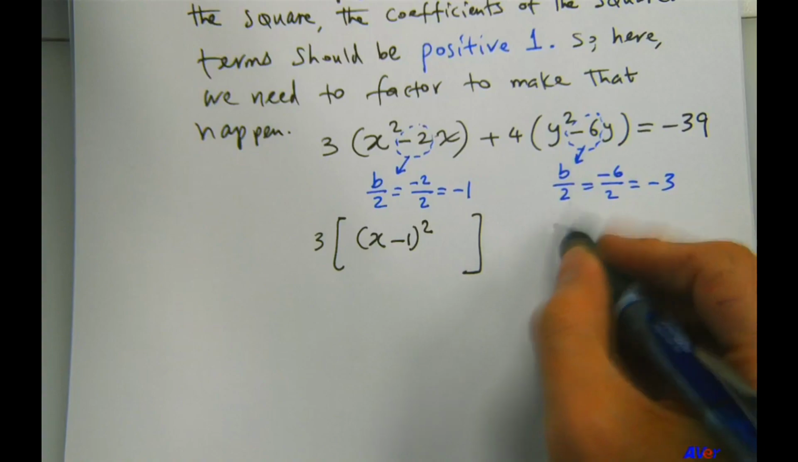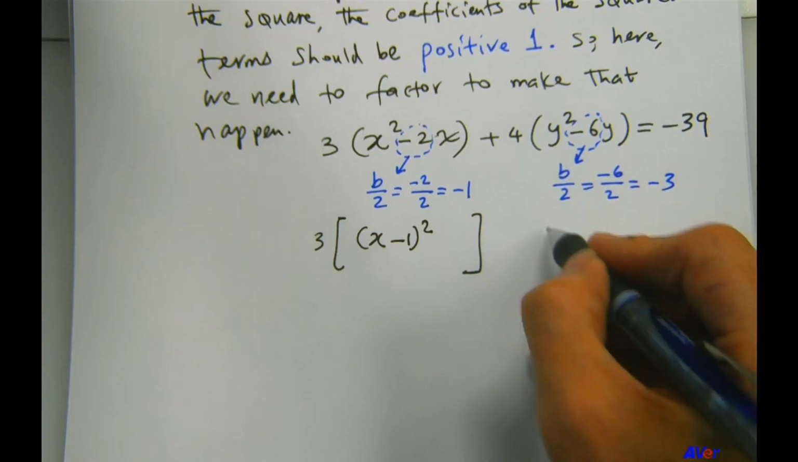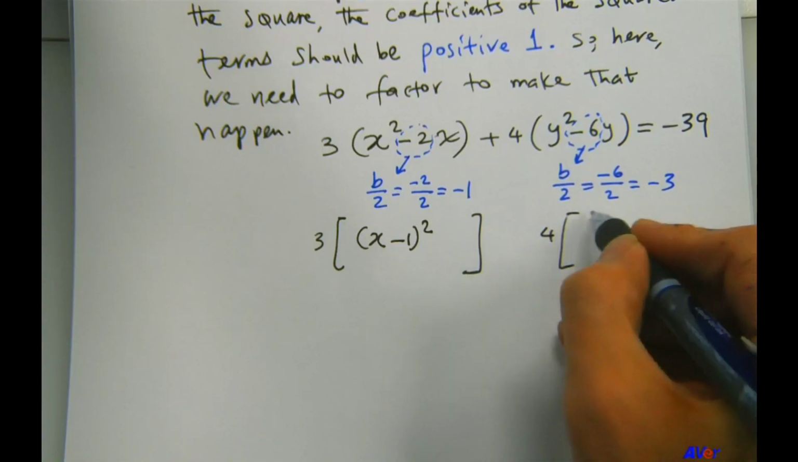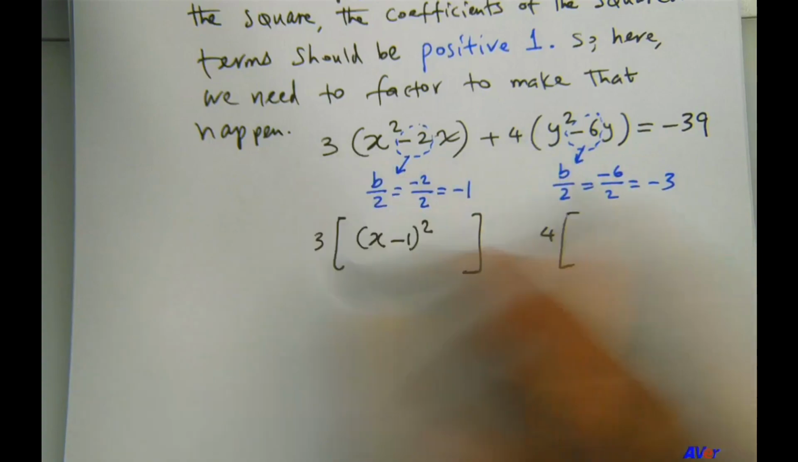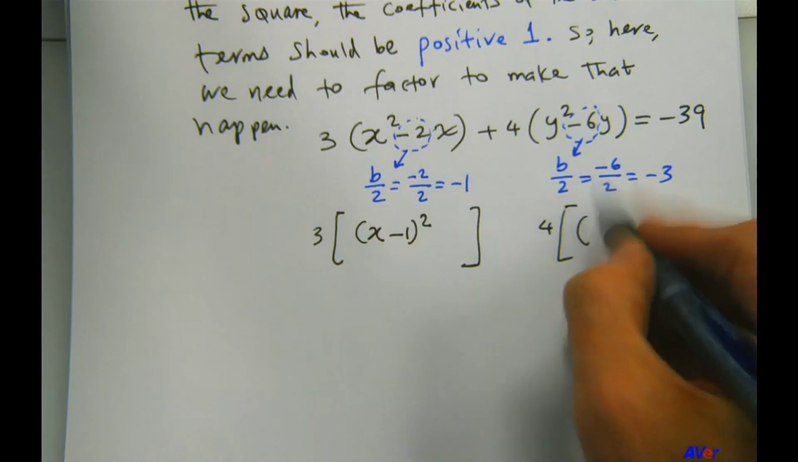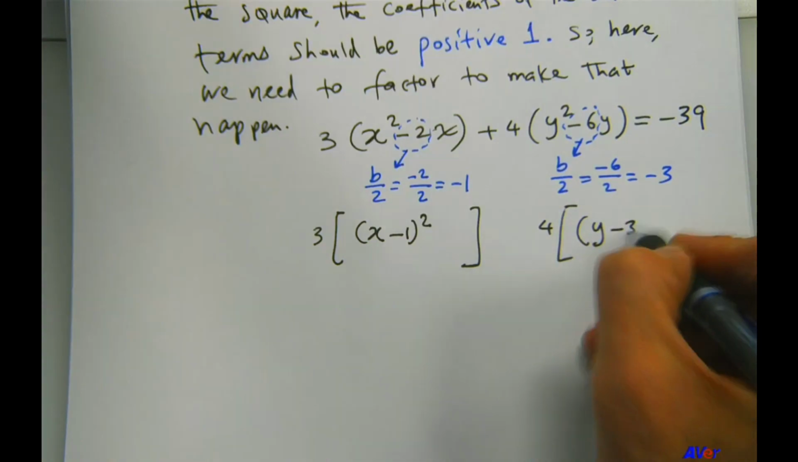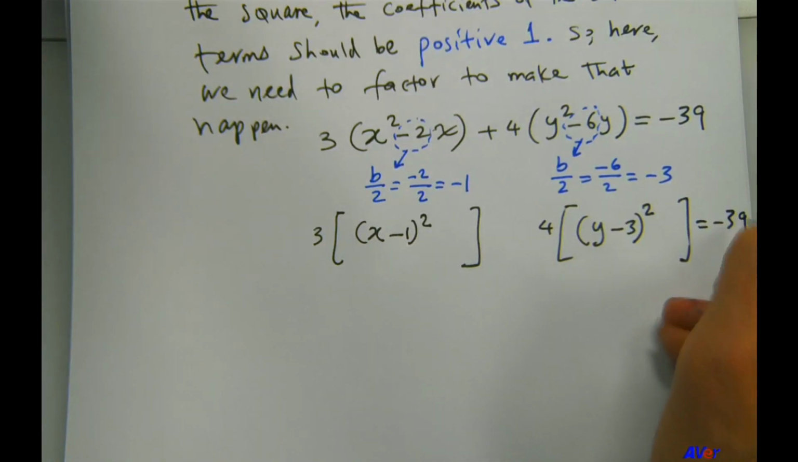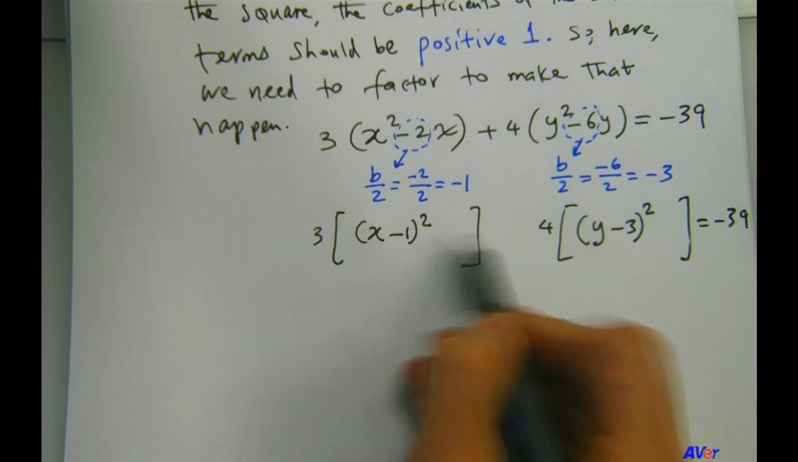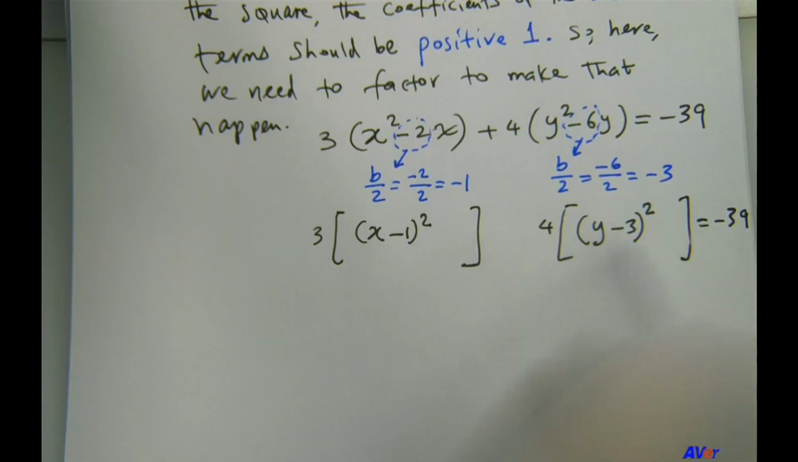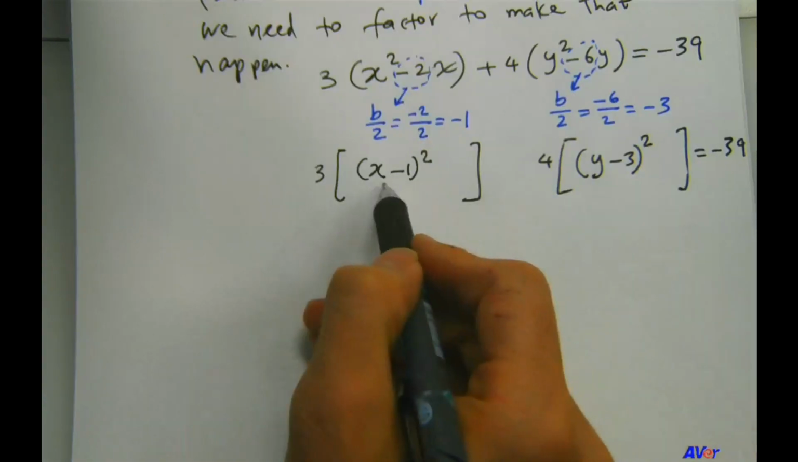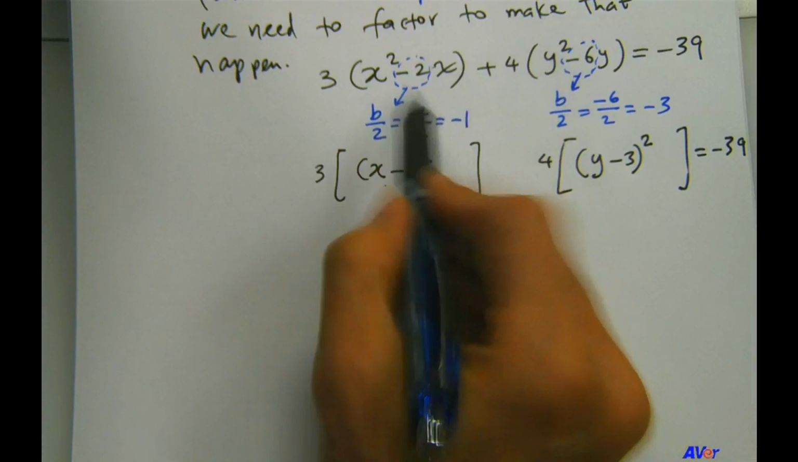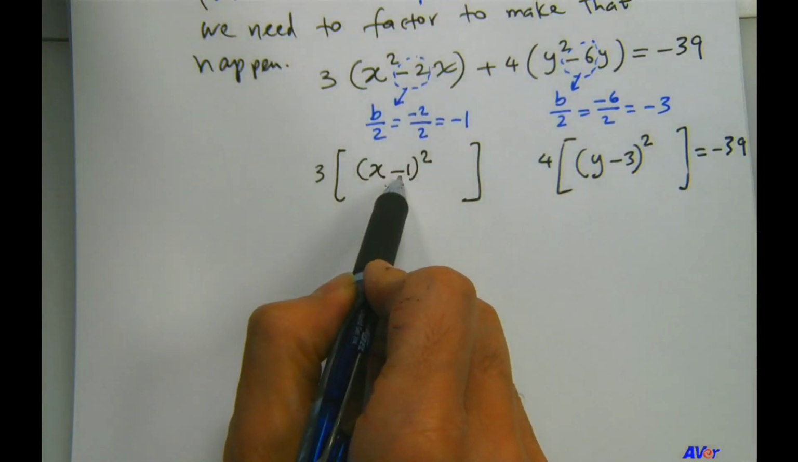Here, what do we say? We say 4, that's 4 on the outside, 3 on the outside. 4 times (y minus 3) squared equals minus 39, right? Notice I put a significant amount of blank space here. Why? Because if you expand this now, that's how we get what this number should be, that we're going to